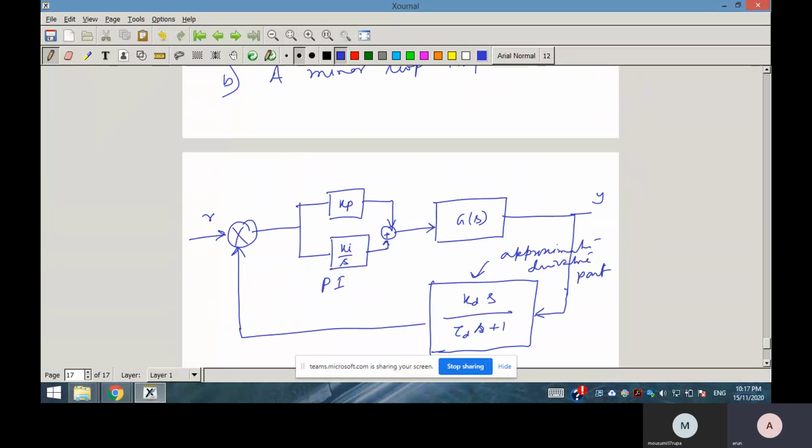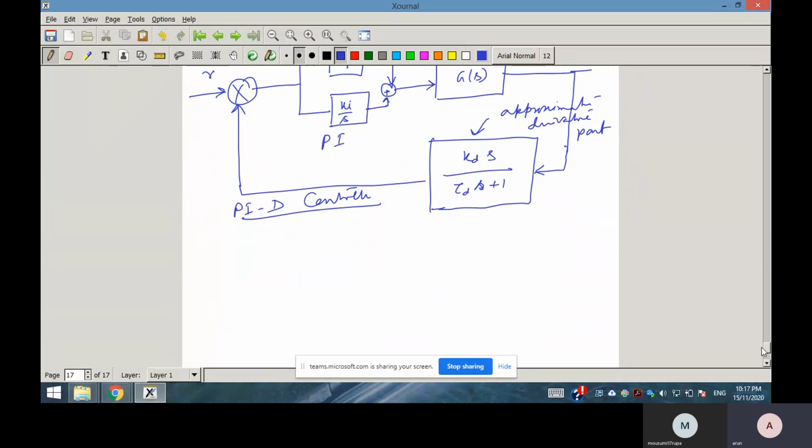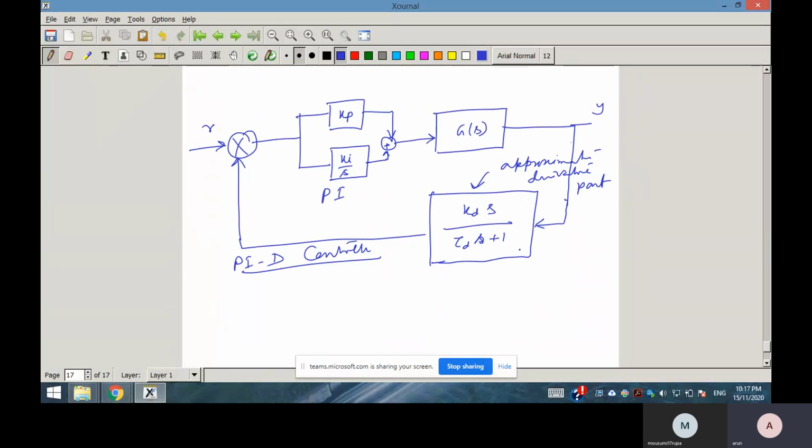Okay, so this is called PI-D control. So, PI-D controller. Why PI-D controller? Because the PI part and the D part are separated. So it is called minor loop implementation. So it takes care of both